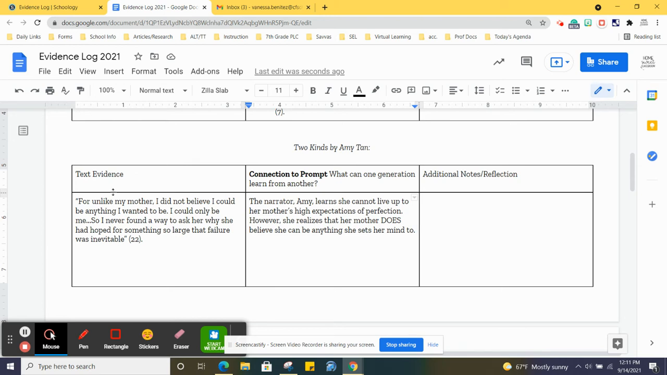So let's analyze the next part where she says, "So I never found a way to ask her why she had hoped for something so large that failure was inevitable." So again, this shows that, I would say, unfortunately, Amy is struggling to understand why her mother wanted perfection. So we can start with unfortunately, or maybe we start with furthermore to add on to what we're saying. Furthermore,